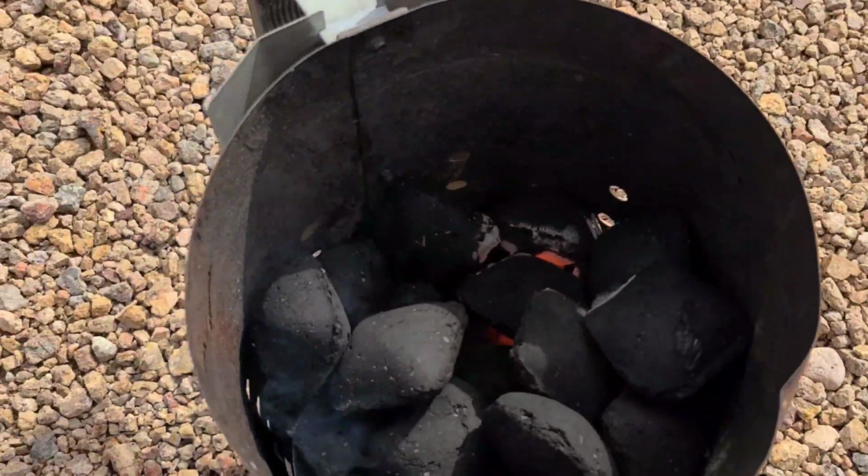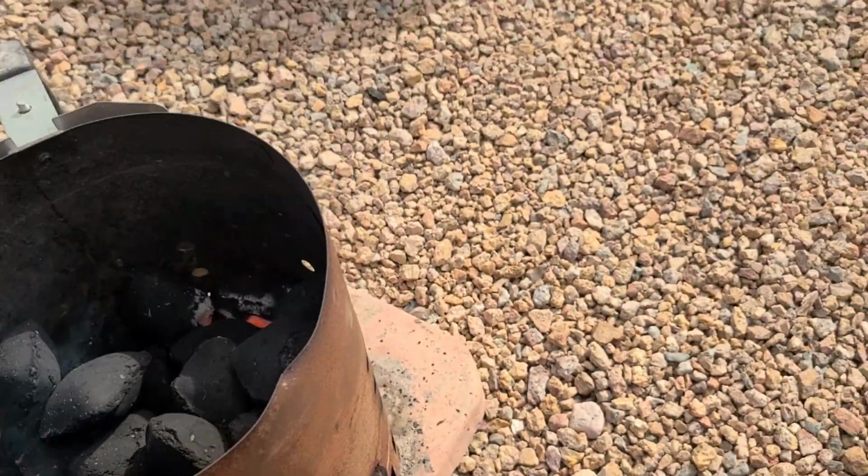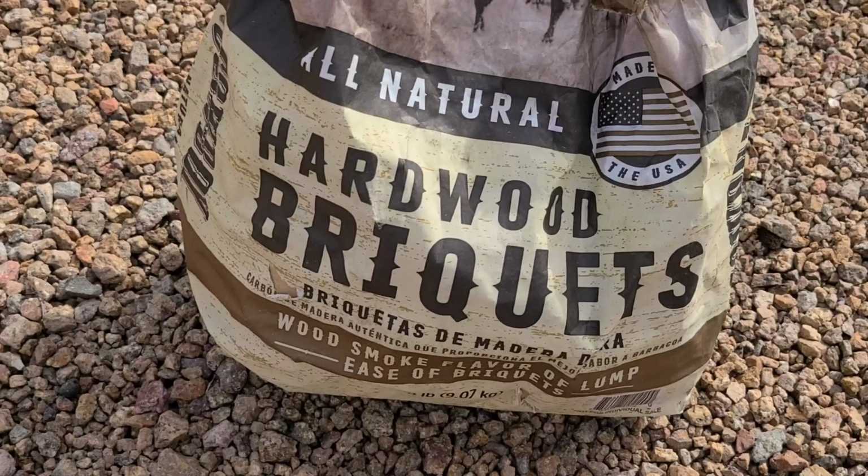All right, this charcoal chimney is about decent enough. I only got a little bit more than a half. I got a decent sized charcoal chimney. We're rolling along today with some of these